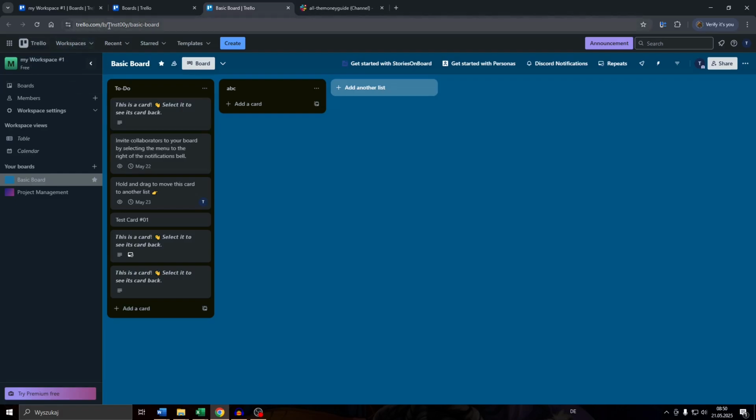Head over to Trello.com, log into your account and select the workspace in the top left corner. And after that, pick a board from that list of boards here on the left hand side. So let me go with this basic board here. Now if you'd like to export it, guys, simply click on these three dots in the top right corner,